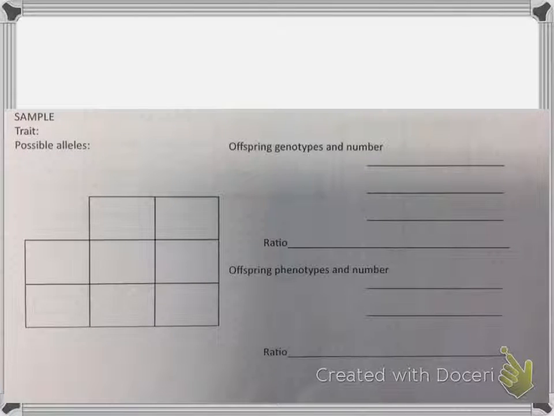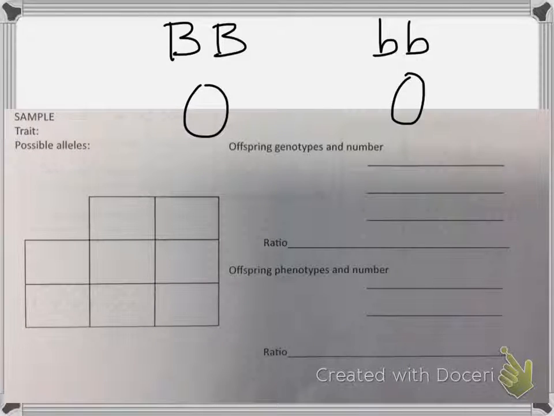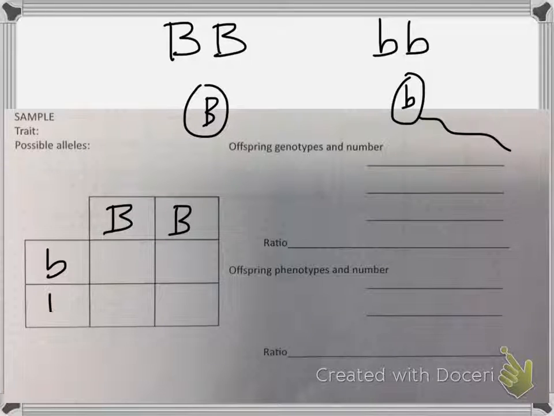Let's talk about what happens when we breed a homozygous dominant and a homozygous recessive. All the siblings got the same genetic combination. What are the possible things that she can contribute to her eggs? Big B. What can he contribute to his sperm? It's pretty boring. Little b. You can actually do this, and a lot of people will do this in a single square. Some people go ahead and do this because it's confusing otherwise. But the point is,